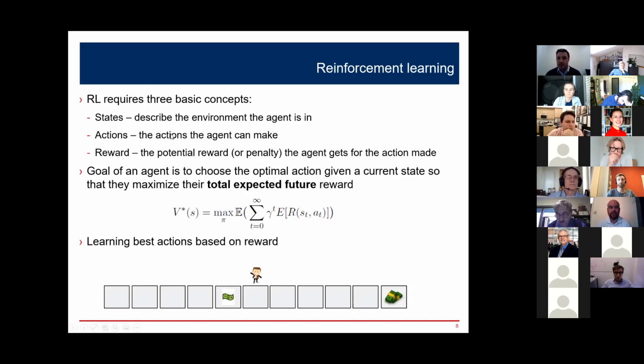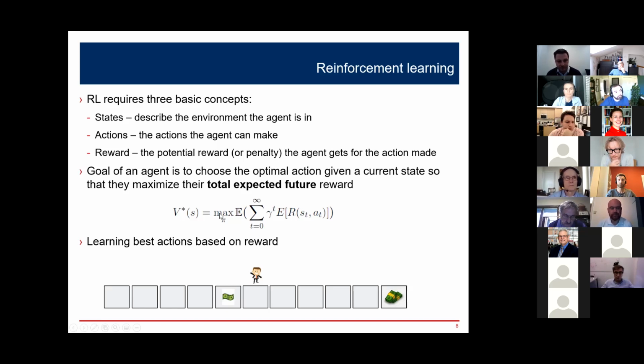The actions the agent can make. In this case, it's going to be they can leave their order or they can cancel their order. And the reward is typically an immediate reward that the agent gets when they take an action. And in this case, it's going to be the profit. So the goal of an agent in RL is basically to choose the optimal action when given the current state they're in. So pick for every state, what's the optimal action to take so that they maximize their total